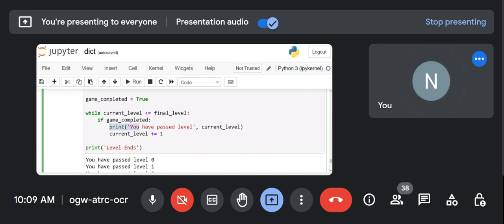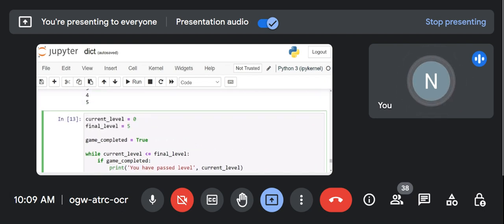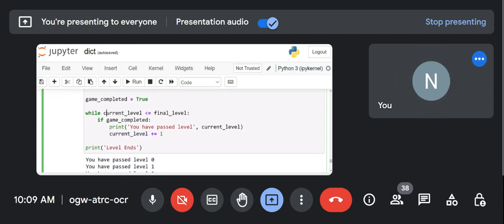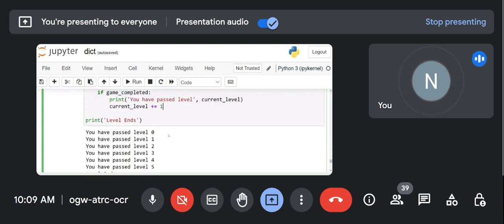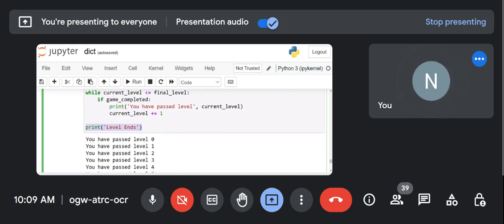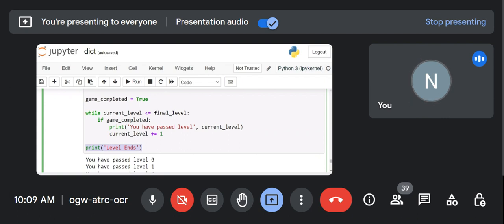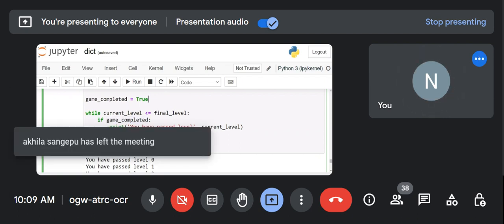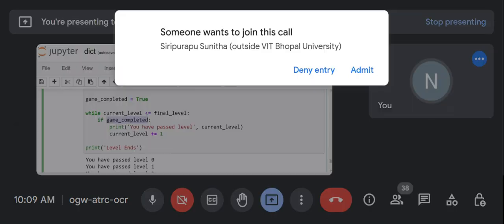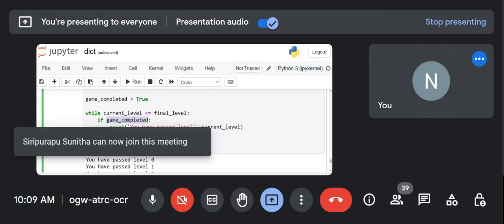Okay, and then you will say you have passed the current level. That means it will print the current level is 0. Then current level is updated. Then again there will be a check with the final level. Again, because the game completed is true, again it will print the current level 1, then 2, then 3, then 4, then 5, and at the last, when your loop is over, it will print level ends. Okay, so just one thing here, I have used true for this if statement. There is no requirement of the comparison. All right, next thing is,